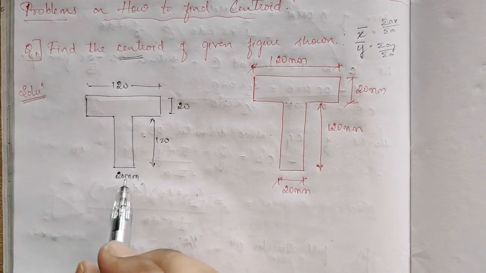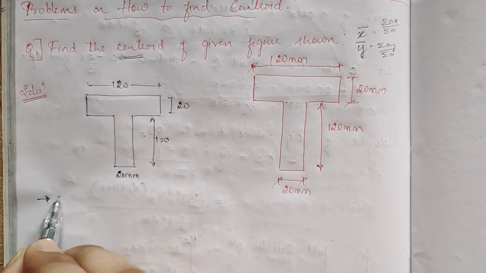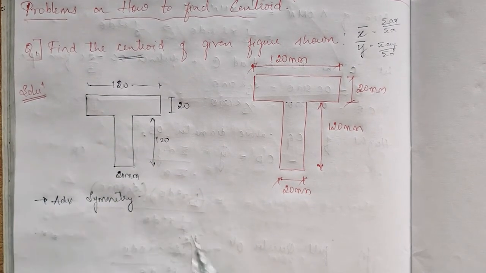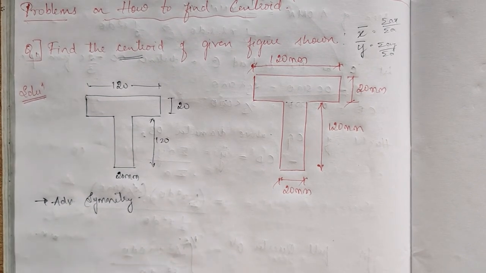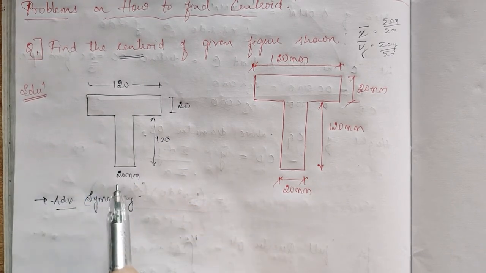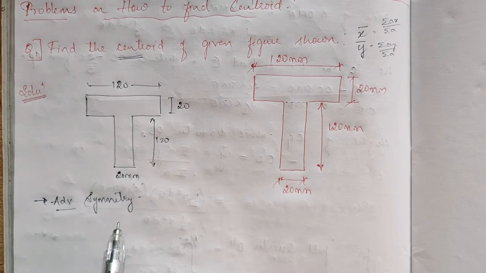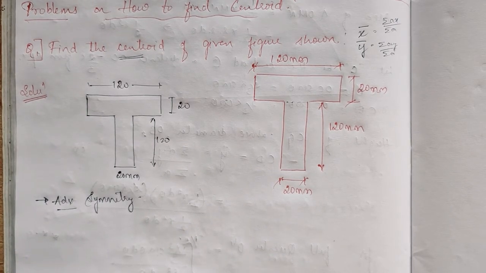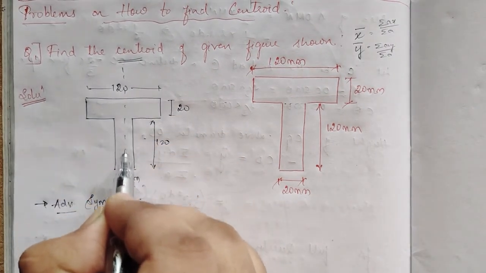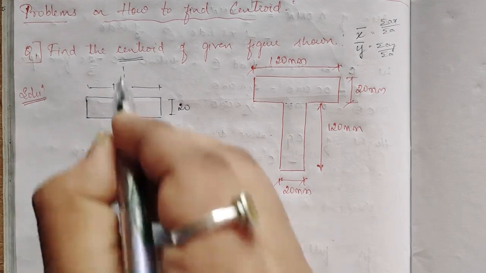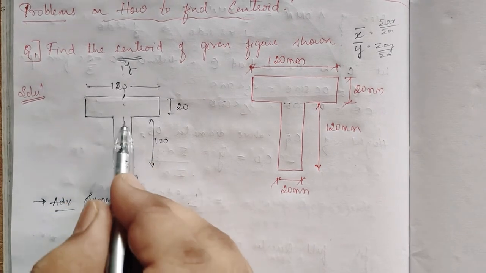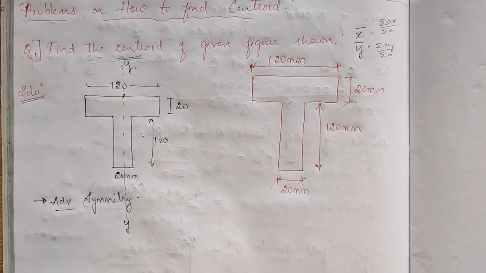Now, another point: this figure is symmetrical. We have to take advantage of symmetry in any problem, in the future problems whichever we are going to solve. About which axis, the x axis being horizontal and the y axis vertical, is this figure symmetrical? About the y axis it is symmetrical. If I divide along the y axis, the diagram will be cut into equal parts, it will become a mirror image.